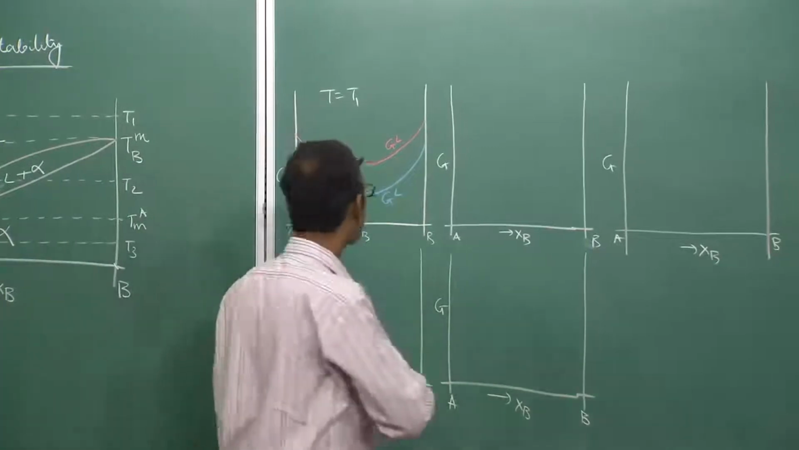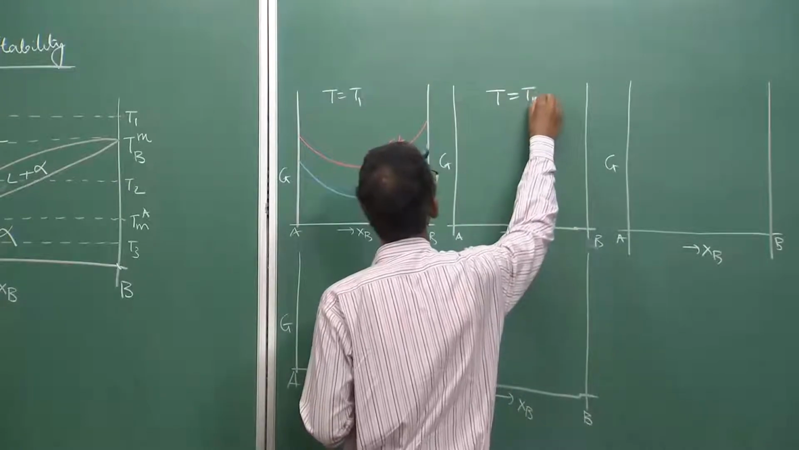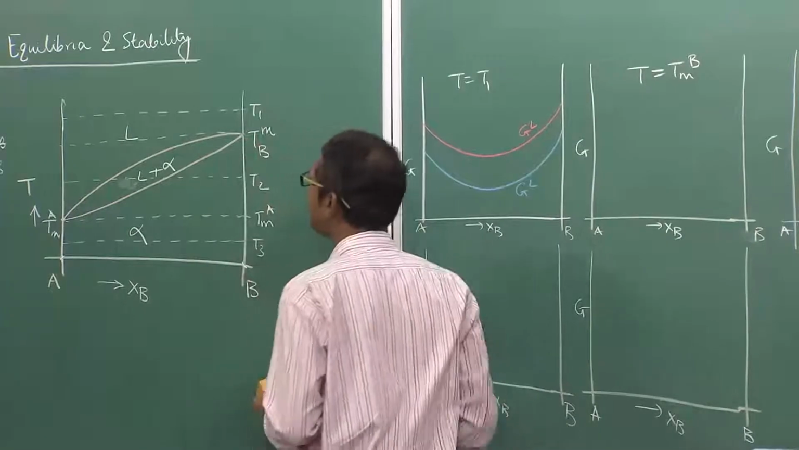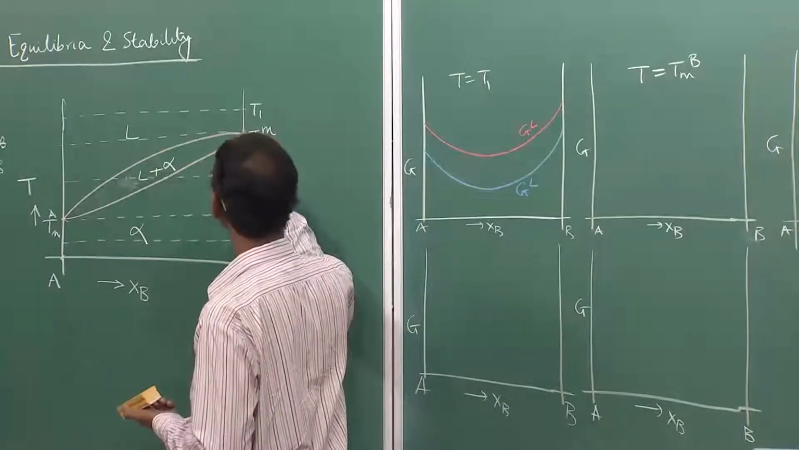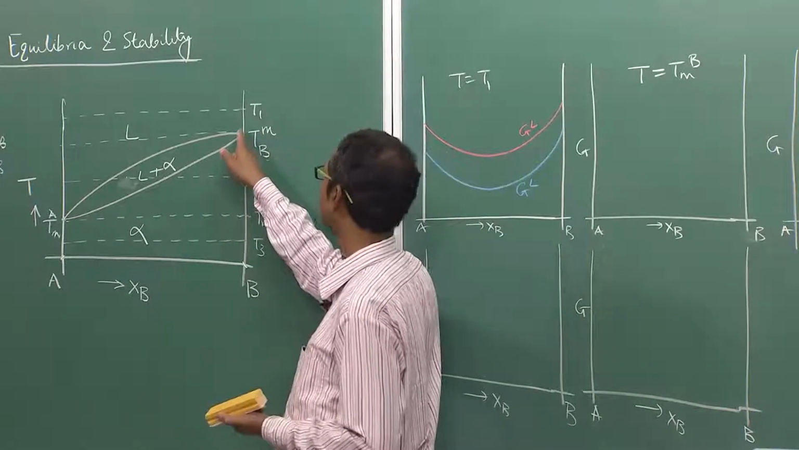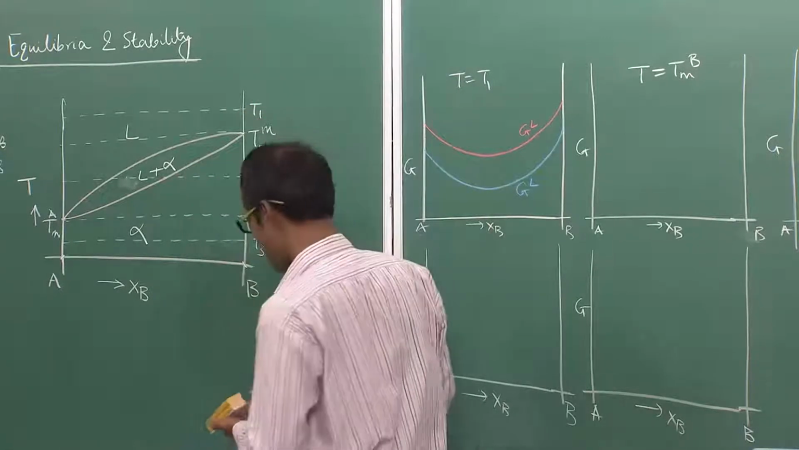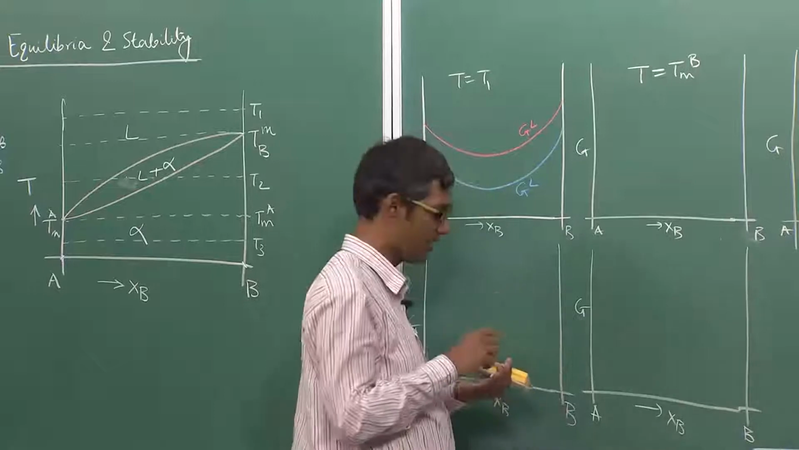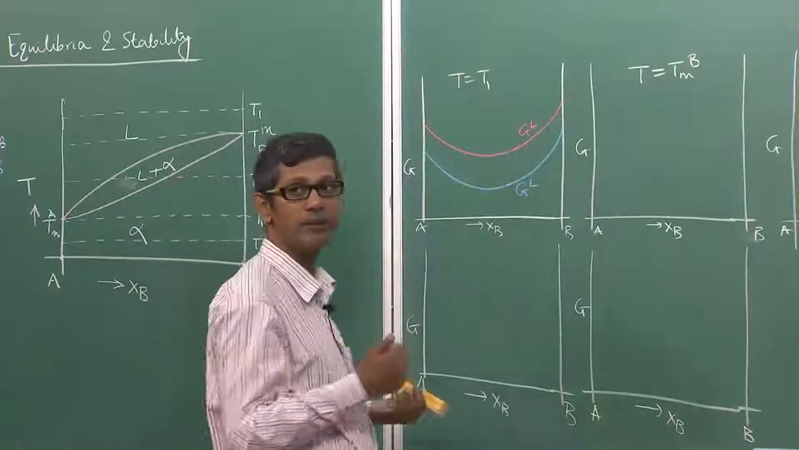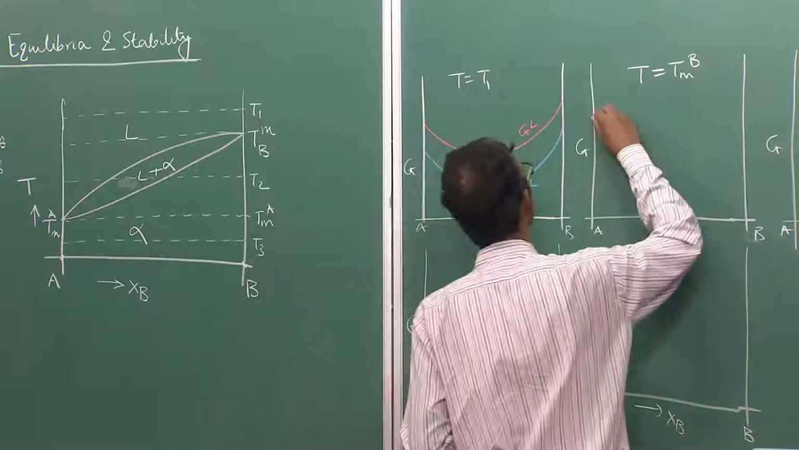So what happens then at temperature T equal to TMB, at the melting temperature of B? You clearly see liquid is stable all throughout except at the B end. Here both the curves, liquidus and solidus, are actually meeting. That means the free energy curves will also meet at this temperature, because both must be stable, alpha and liquid, at the B end. So I draw first the liquid,